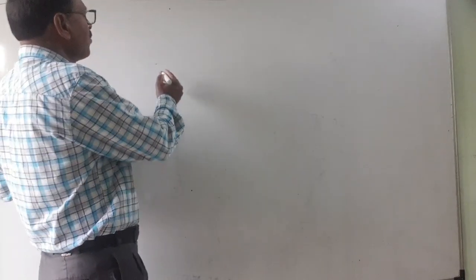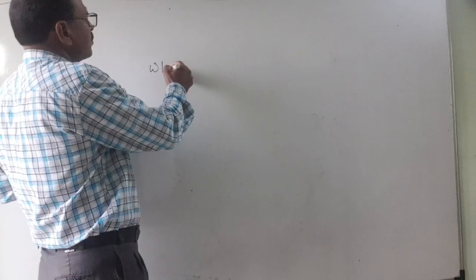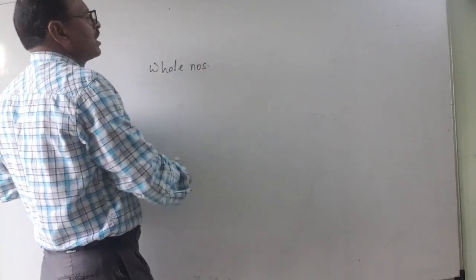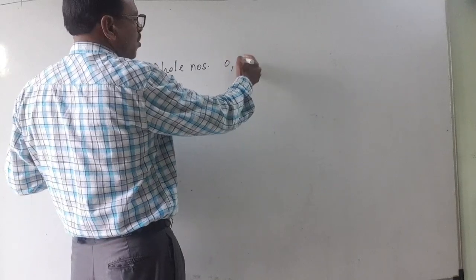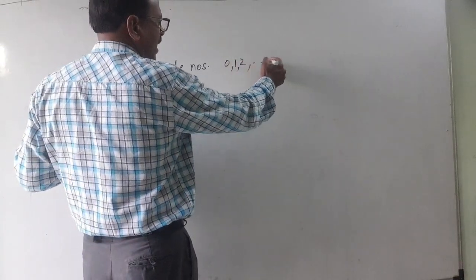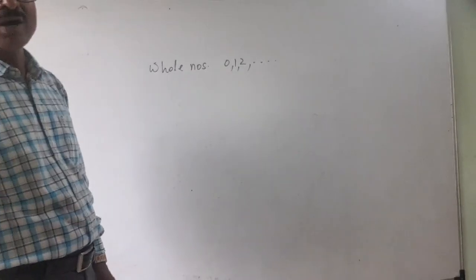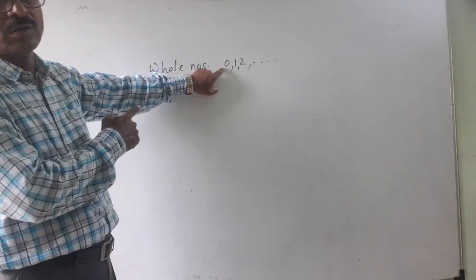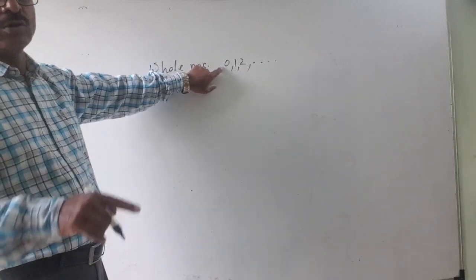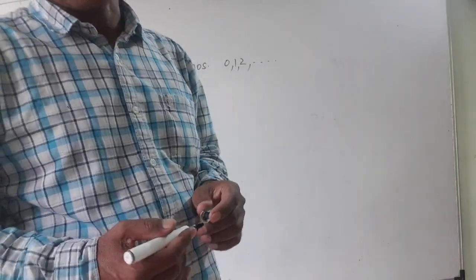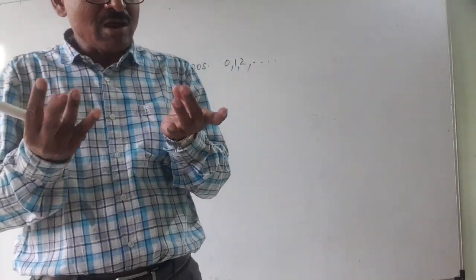And the whole number set, from 0 you have to start. Which are the whole numbers? 0, 1, 2, and so on. These are the whole numbers. How to remember? Whole number starts with a whole. 0 has the whole. That's why this is the whole number. Just remember this way. And natural numbers are the numbers which we can count on our fingertips. Those are the natural numbers, because these are the natural parts. From that you remember this. This is not very difficult to remember.